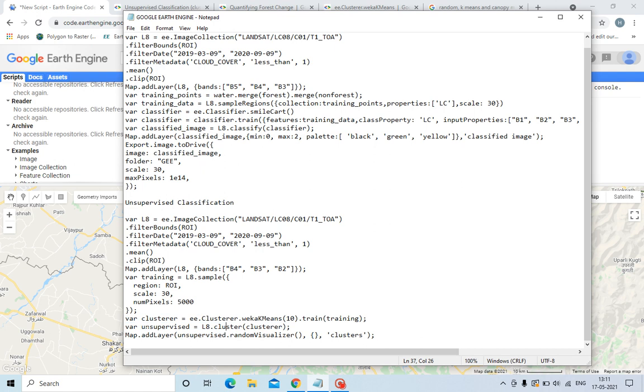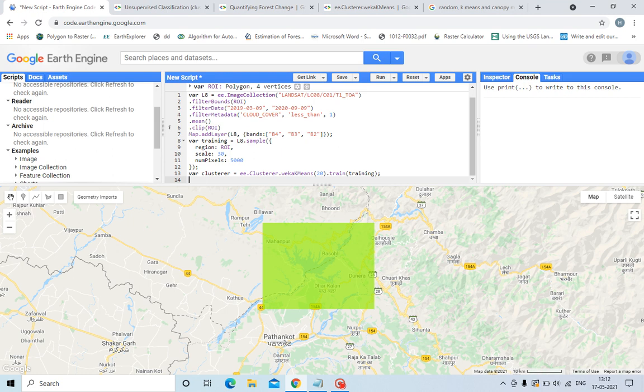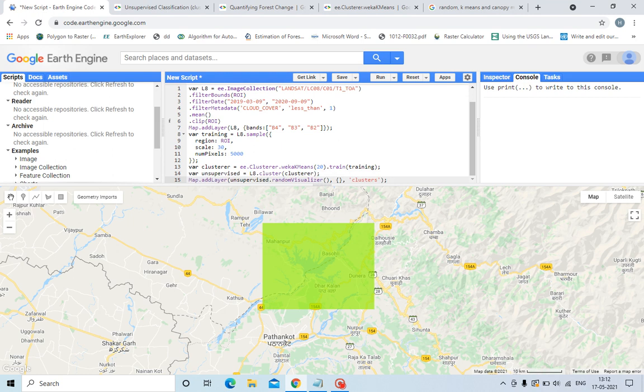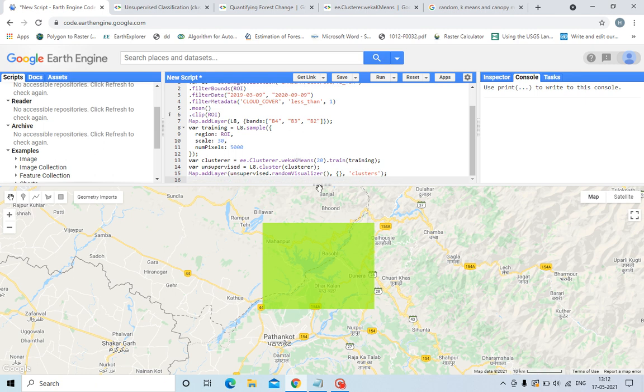After that, just use these two commands to cluster this, and use this command map.addLayer to show the unsupervised layer.